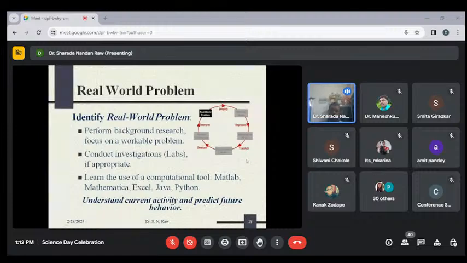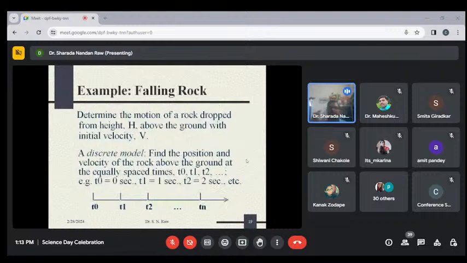So what do you want to study? Just think about the literature available till date regarding your objective. That creates the base for your research. Then you can predict the future behavior regarding your models. Okay, so I am taking a falling rock. The rock falls down. Then determine the motion of the rock dropped from height h above the ground